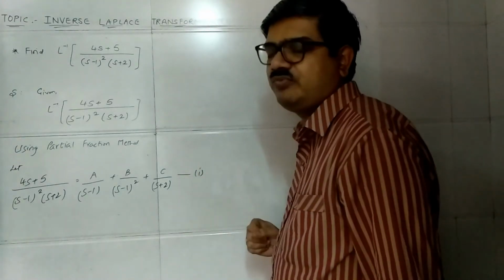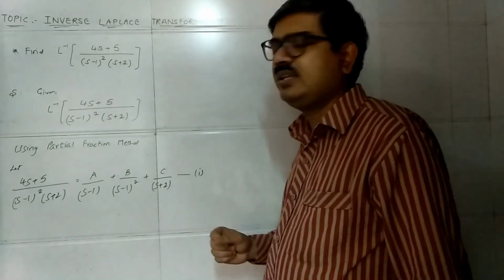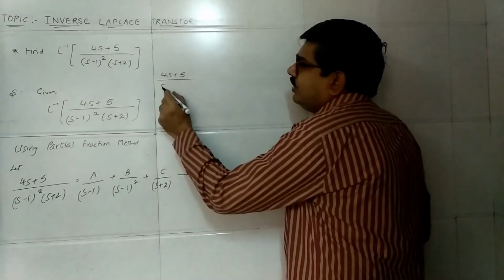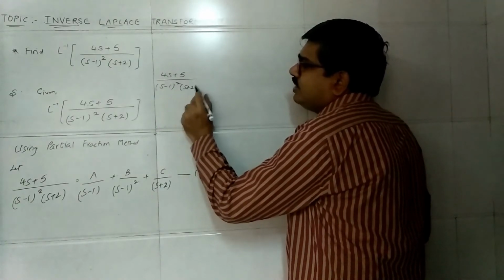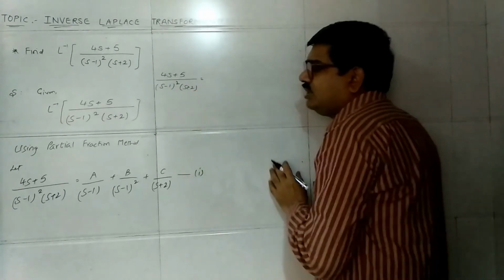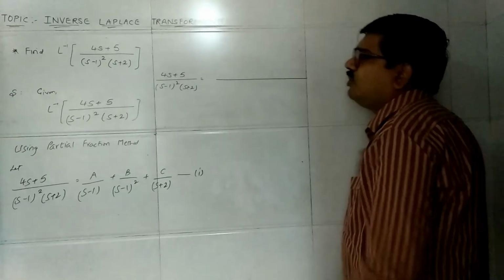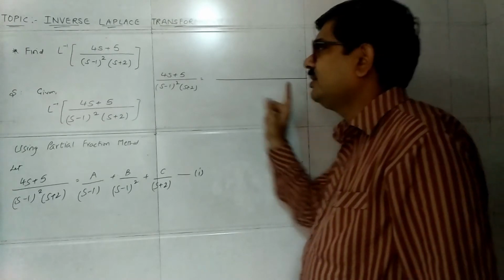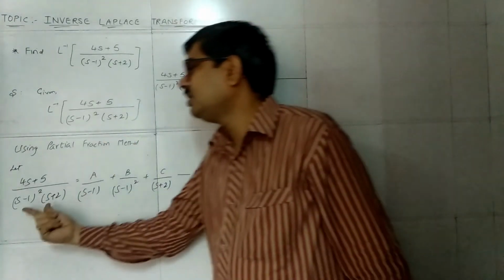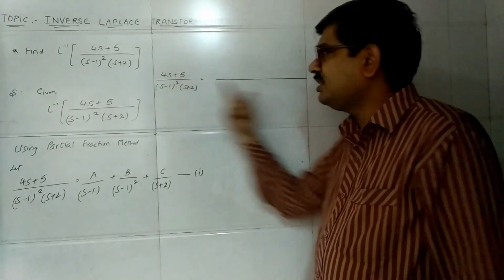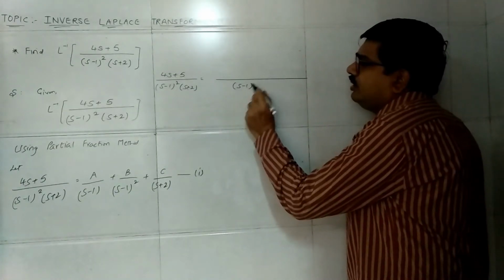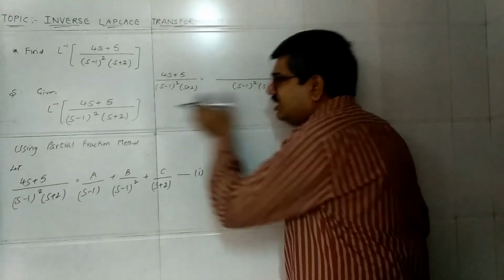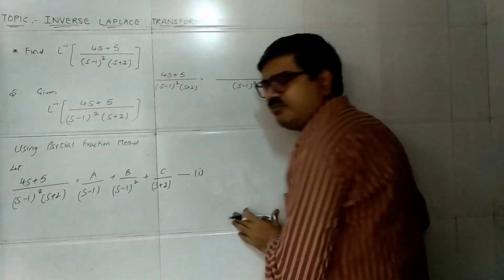Now you have to find the LCM of this. Please see carefully how you have to find the LCM of this. (4s + 5) upon (s minus 1) whole square into (s + 2) is equal to, what you have to write here? The LCM of these three factors. Don't think much, just write whatever is there on the left hand side. Whatever is there here, you simply write that here in the denominator. First thing, remember always, whatever is there here, you write that. This is the LCM of these three factors.